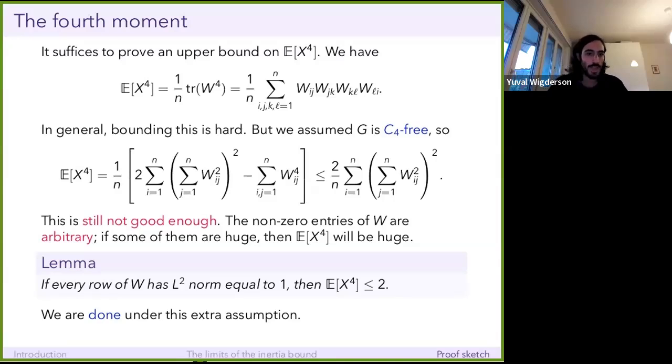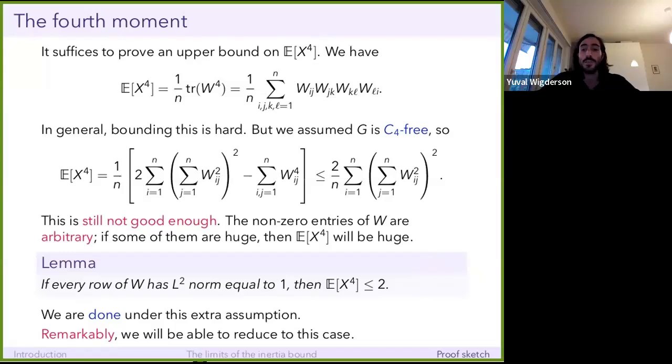Of course, this is nice if the adversary happens to be nice to us, but this is a very special assumption. There's no reason to expect that this will be useful for anything. At first we actually tried a bunch of very complicated things to try to say somehow that this case was enough. But the amazing thing, and I find this really amazing, is that there's a really simple reduction that goes from the general case to this case where all the rows of the matrix have L2 norm equal to 1. And so that's the next thing I'll tell you about, is how to reduce to this very special seeming case.